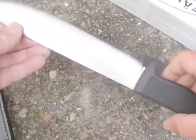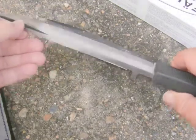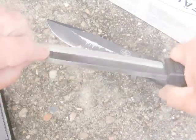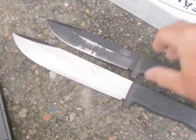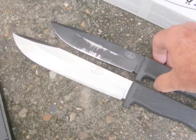But really happy. As soon as I got it, took it out and did a bit of chopping on a bit of wood I've got at the back and did some hand scraping, that sort of action. Really impressed with the way this knife works. Here it is against my old A1 I've got here. Really great knife, this A1, but